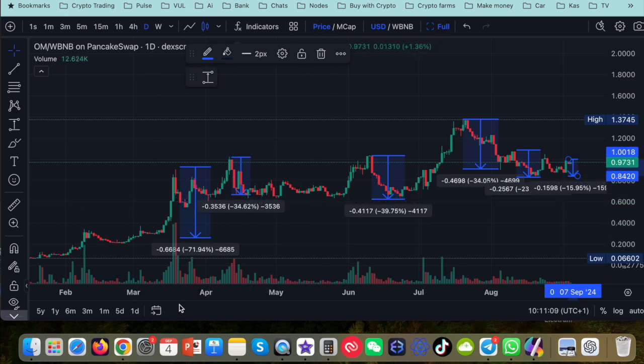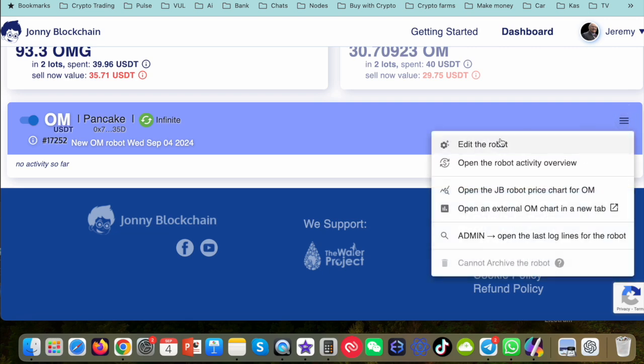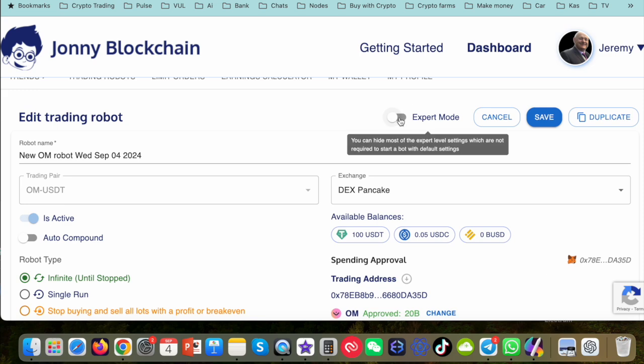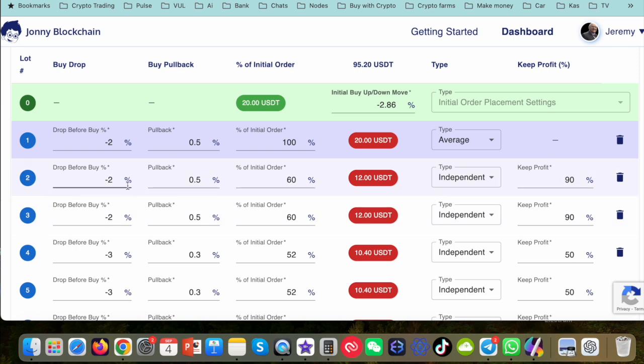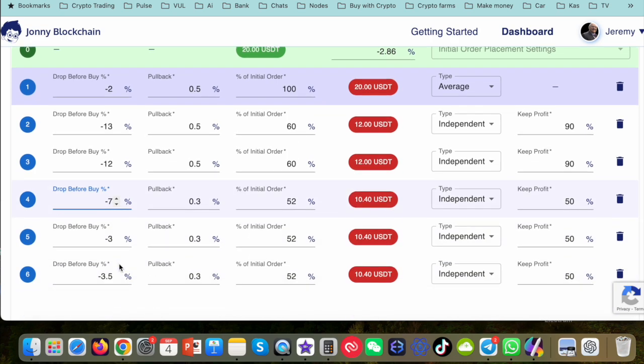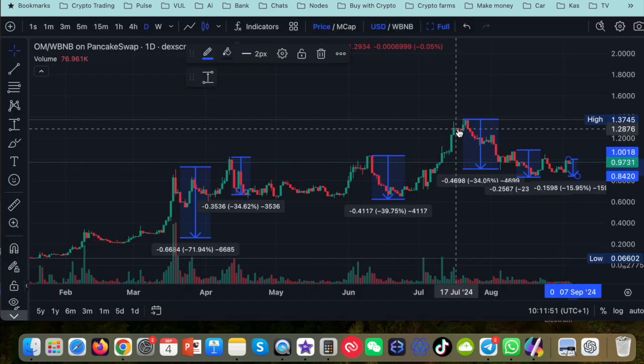So looking at that over a longer period of time, since sort of May, April, we could see that this coin can do some big drops. So I could come back to my Johnny Blockchain robot, come up to the three lines here, and then click on edit the robot, and then click on expert mode again. And then what I could do is I could come down and I could say, well, I don't really want to let it just drop by these smaller amounts. I could start to put in some bigger drops in here so that my robot won't actually start to buy in lots until it gets bigger drops,